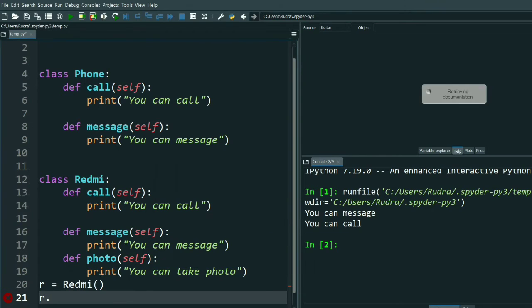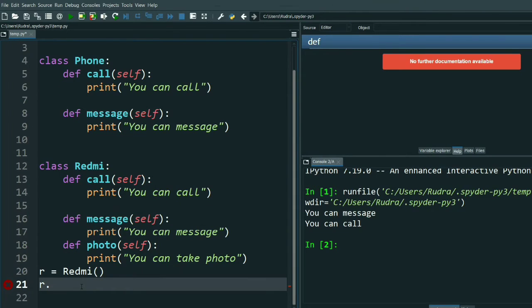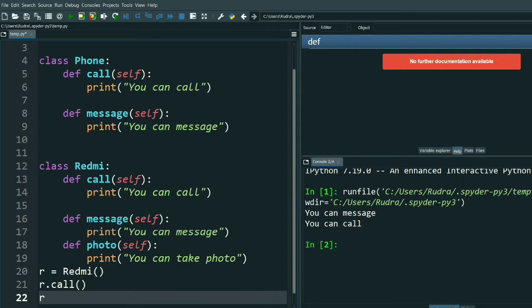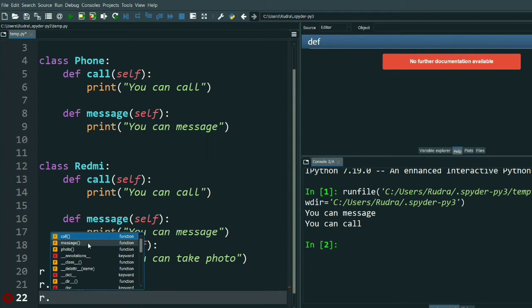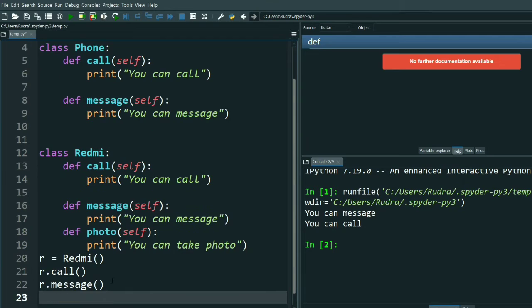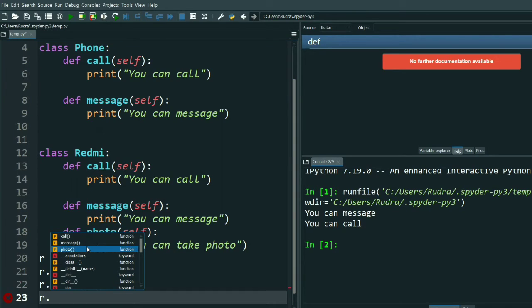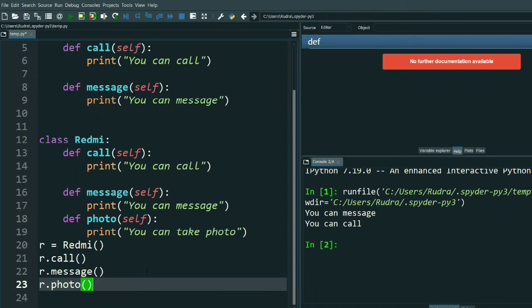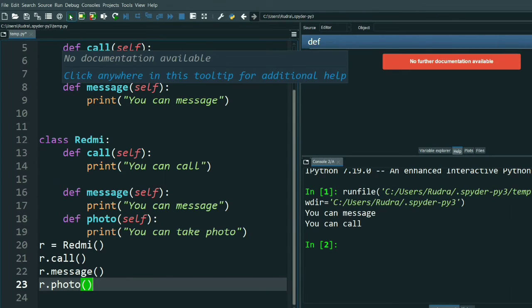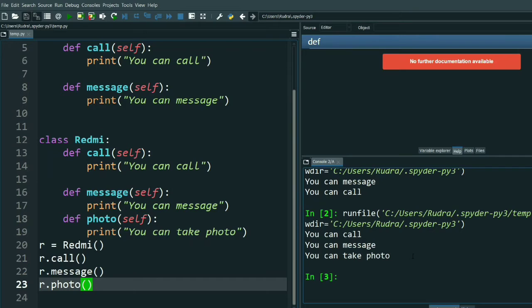So r dot call, then r dot message, and then r dot photo. Okay, done. Let's print again. See, you can call, you can message, you can take photo.